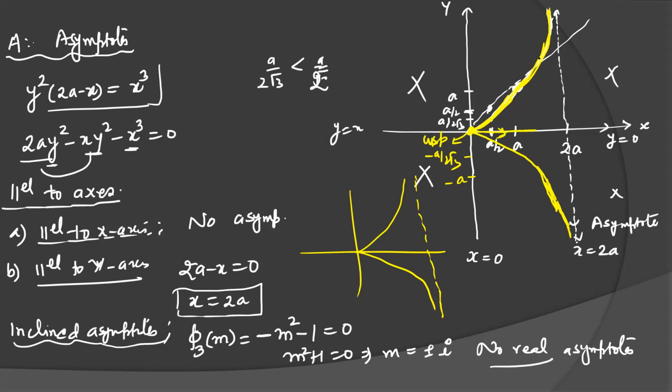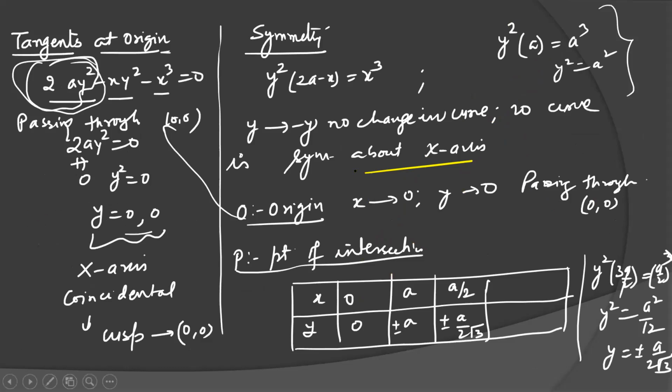For knowing whether the curve will be above or below the y equal to x line, you can take the help of the y equal to x line and, by putting values of x, you can see the nature of the curve. So actually the curve is very good, and now you can draw this curve.